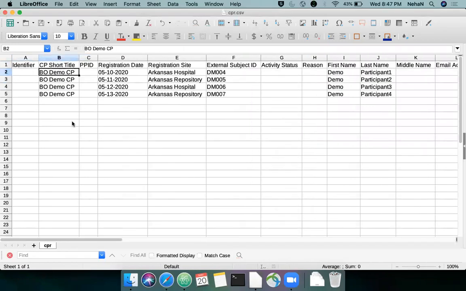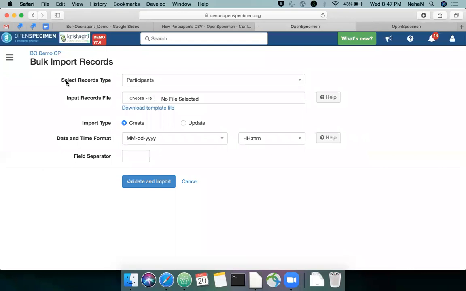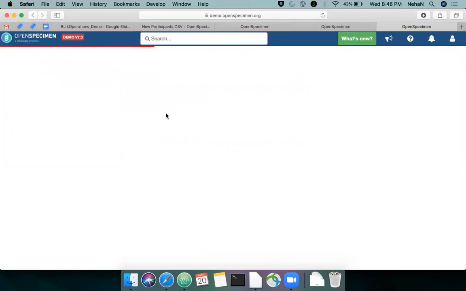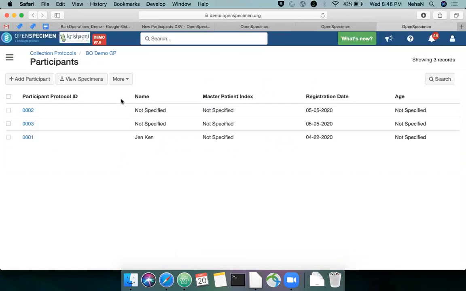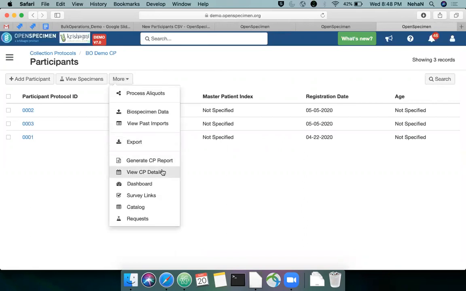So what we'll be doing is entering data into the BioDemo CP. The PPID field, I have left blank because I have let the system generate this. Let me just show you the CP setup.